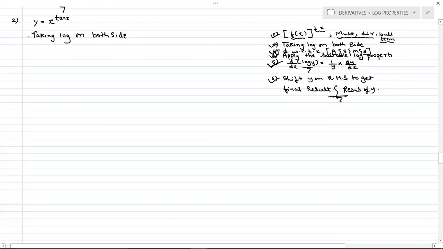So I hope now it is clear when we have to use taking log on both the sides. Very simple: whenever you see function raised to function, because we don't have any direct derivative of function raised to function. Direct derivative means what? If I say x raised to n, we have the direct derivative n into x raised to n minus 1. If I say log x, we have the direct derivative. But we don't have a direct derivative for a function raised to function. So whenever you come across function raised to function, remember it is your exercise number 1.3.